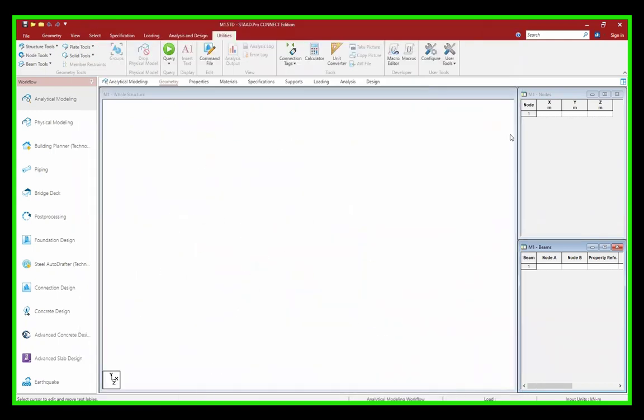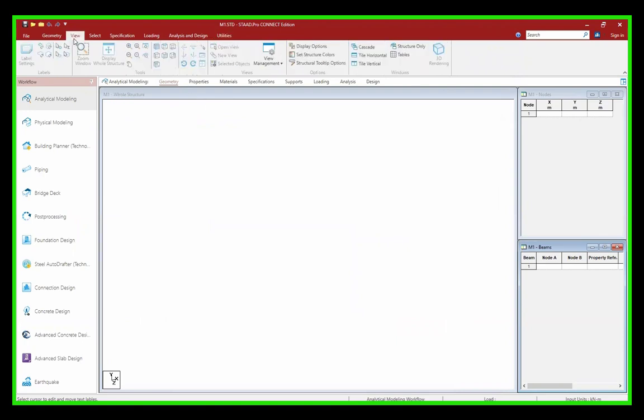So how to model that? For that we have to go to plan view. How to go to plan view? For that, go to View. If you see, there are different views given over here. When you hover your cursor, you can see this is the isometric view. This is the top view. That is, when you open the model and check your structure from positive y, this is the global y axis.